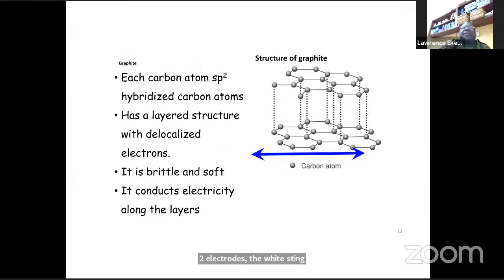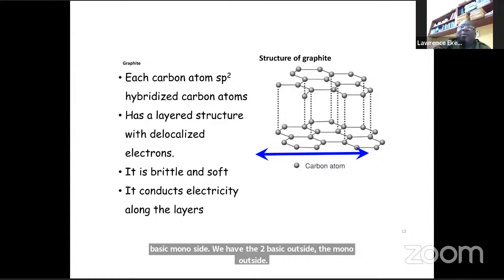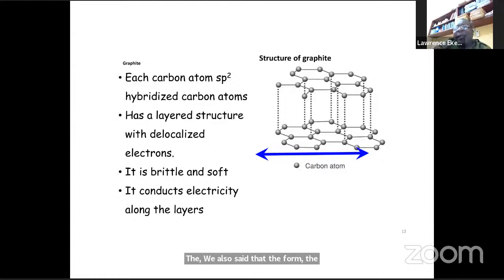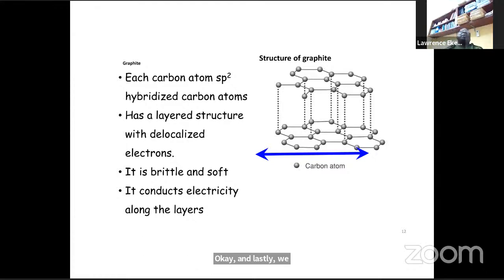And we said that in this group 14, the elements form two basic oxides, the monoxide and the dioxide. And we also said that they form the tetrahydride when they react with hydrogen. And lastly, we also talk about the peculiarity of the carbon